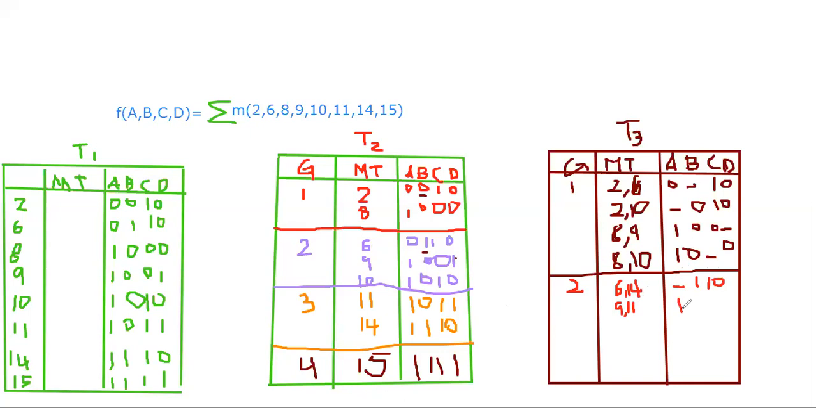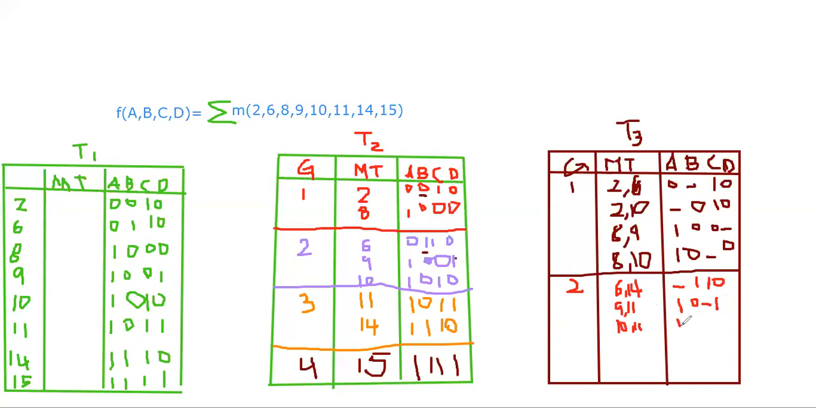So it is 1 0 dash 1, and 9 is compared with 14, so which cannot be grouped. 10 is compared with 11. Of course there is one change in bit position D, so we can write it as